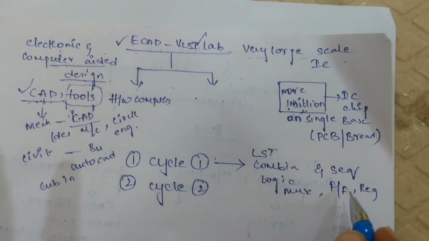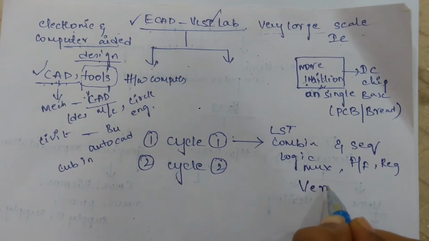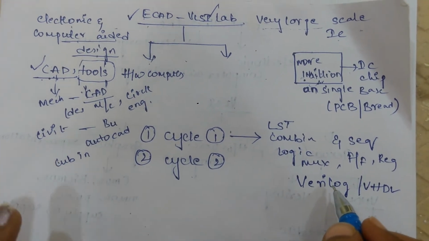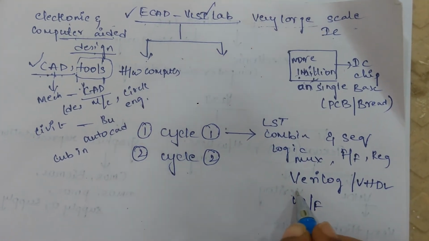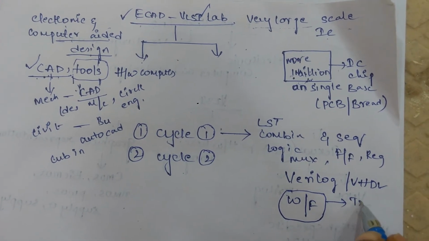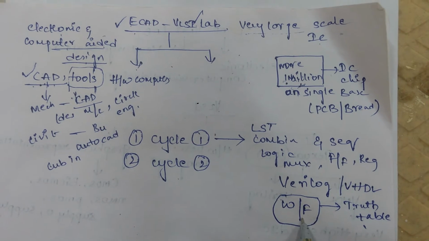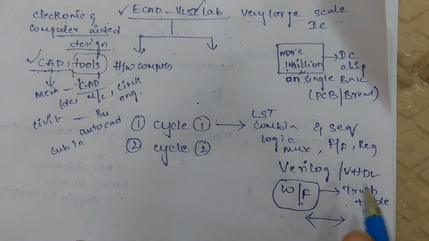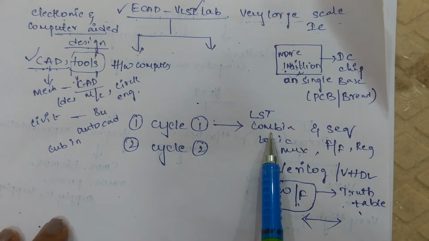From these types of circuits, we will code those circuits using a certain language. Any language, it may be VHDL or Verilog, and we will write a program, simulate that program and get the waveform analysis. Whatever waveform we obtain is to be tested and verified with the help of a truth table. When the truth table outputs and the waveform outputs match, your design is perfectly mapped.